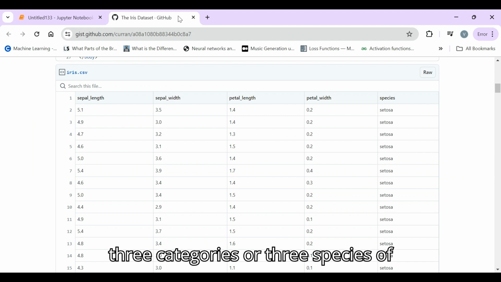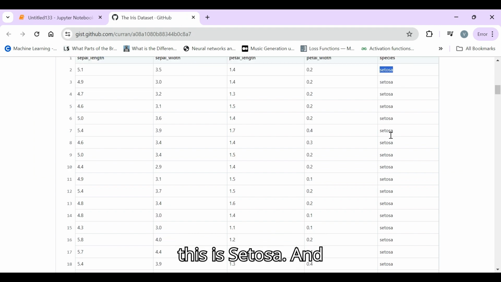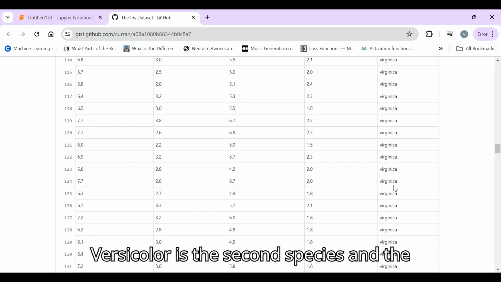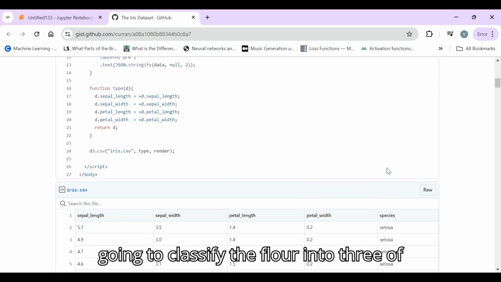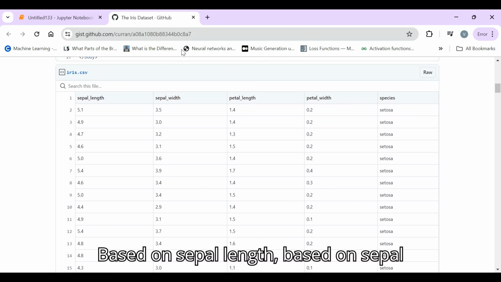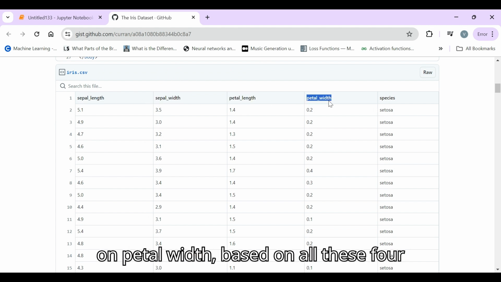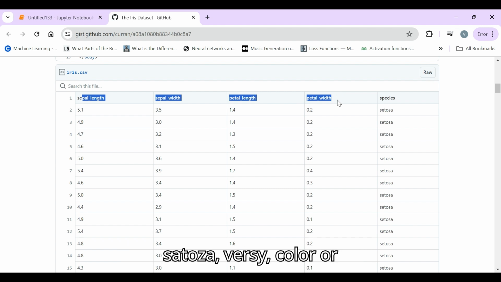There are three categories or three species of flowers here: setosa, versicolor is the second species, and the third species is virginica. You are going to classify the flower into one of these three categories based on sepal length, sepal width, petal length, and petal width. Based on all these four features, you're going to classify whether your flower is setosa, versicolor, or virginica.